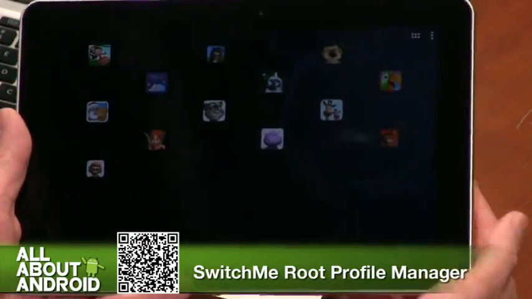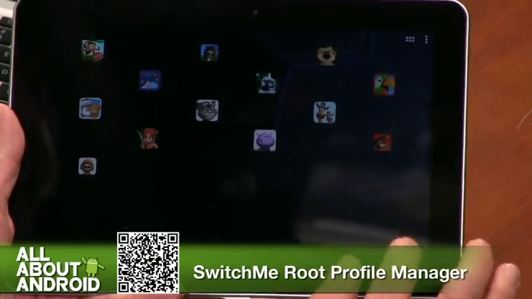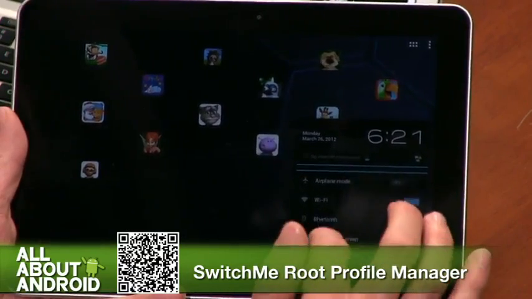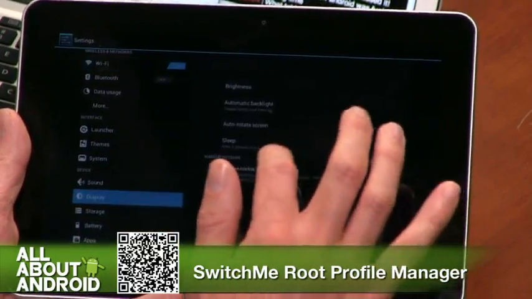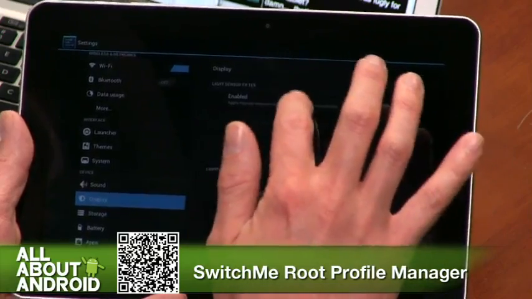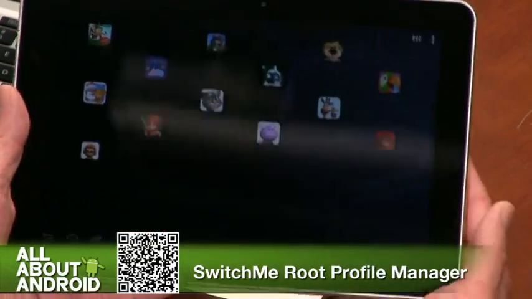So I've rebooted. It's a little dark. My apologies there. Is that one of the settings, the brightness? It should be. And if it's not, I'm going to go in real quick, because this is very dark. Let's see here. No, this is horrible. It's not giving it to me. Oh well, deal with it.